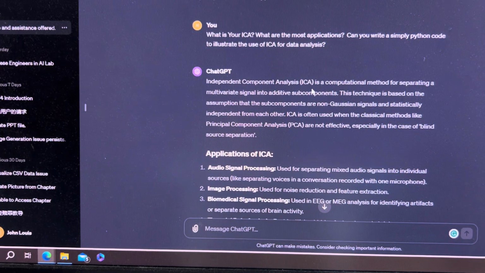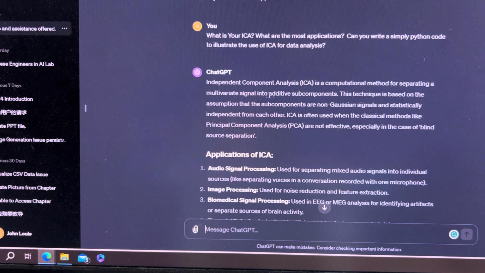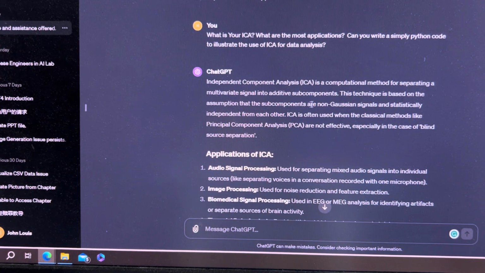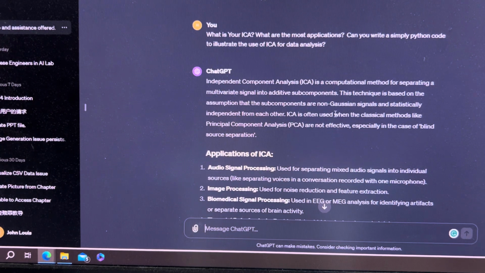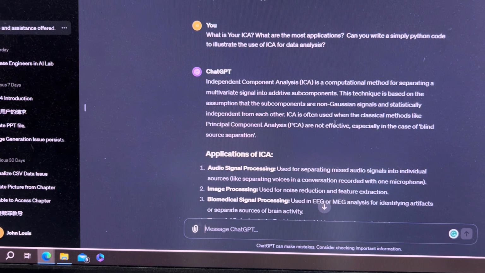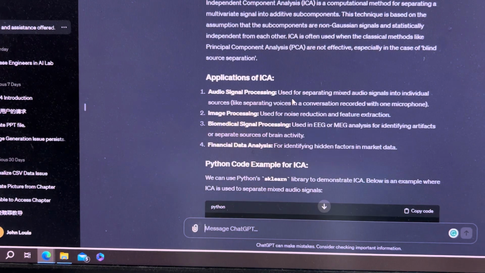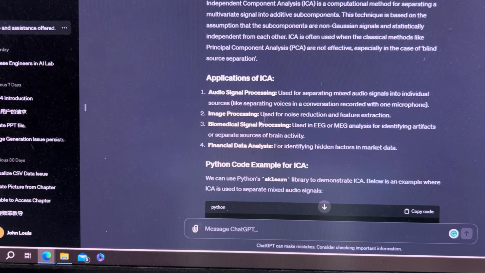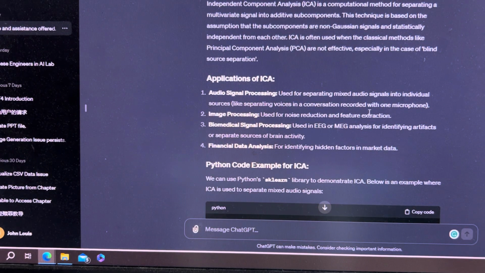Independent component analysis is a computational method for separating a multivariate signal into additive subcomponents. The technique is based on the assumption that the subcomponents are non-Gaussian signals and statistically independent from each other. That's where the independent comes from. ICA is often used when classical methods like PCA are not effective, especially in the case of blind source separation. Applications include audio signal processing, image processing, biomedical signal processing, and financial data analysis. The first time I heard